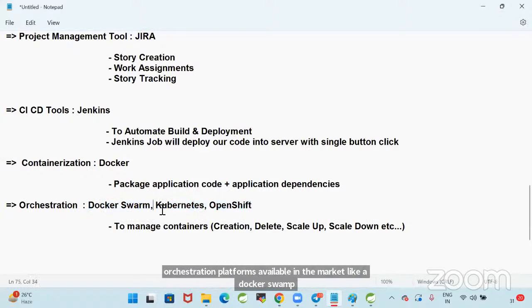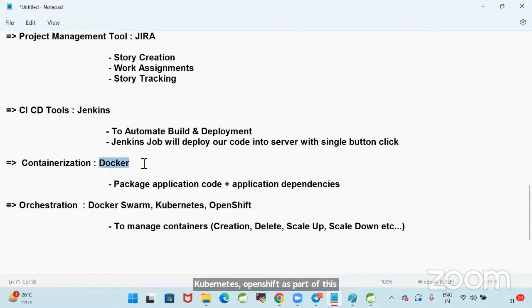As part of this course, I'm going to show you how to work with Docker and how to work with Kubernetes also. So how to deploy our Java application into a Kubernetes cluster using a Docker container. Okay, we are going to see that as well. That is the most trending concept. As a Java developer,